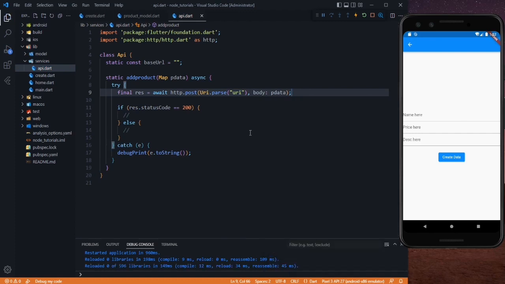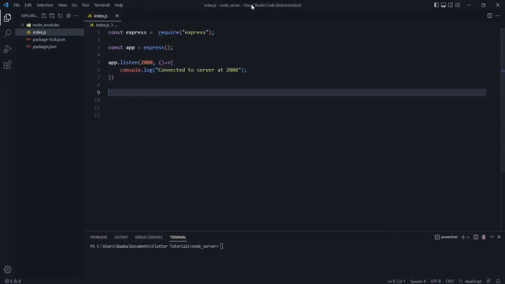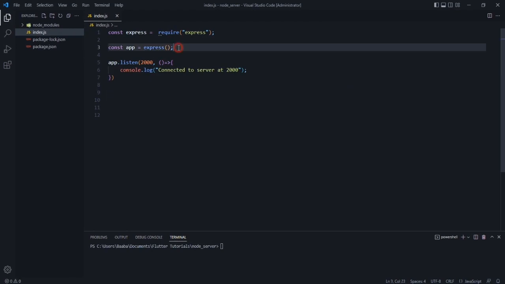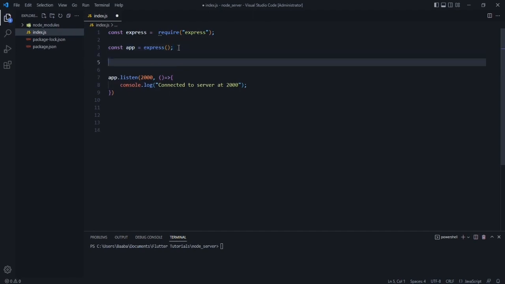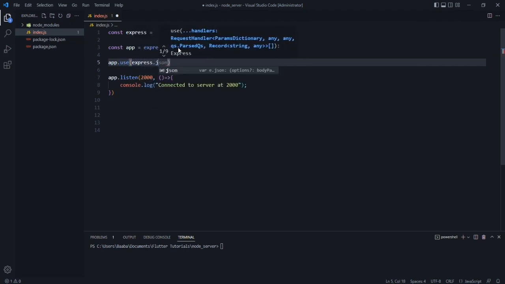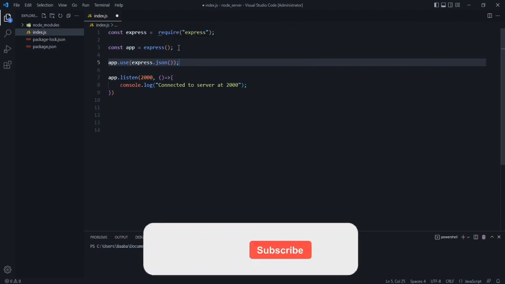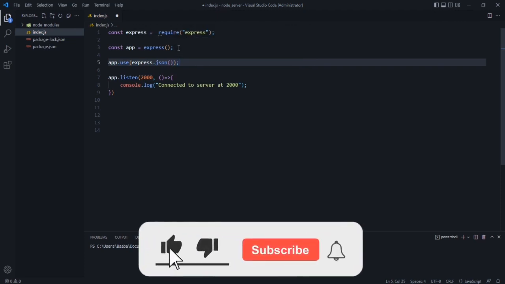Let's go to our server and create an API. So this is our Node server, the one we created in our last video. In here, as we are working with the JSON format, we need to use that. So first say app.use, so this app will use our express.json, and after that we also need to encode the URL.